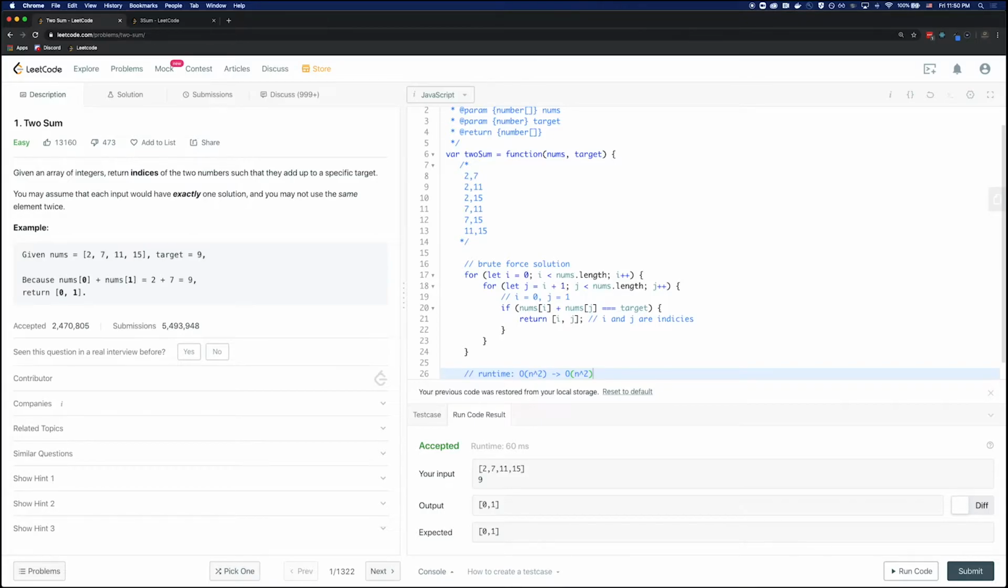So at worst case, it will go through the array twice, right? This is okay. It's not a perfect solution. We just got lucky here that 2 and 7 are in the first two elements. But imagine if the nums array is thousands of elements long, and